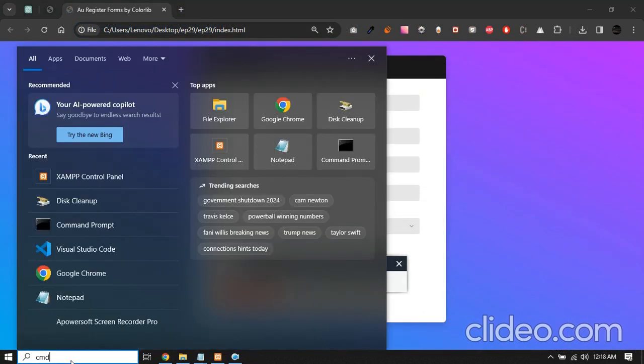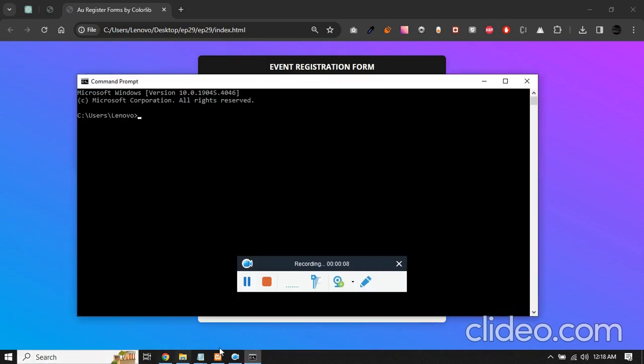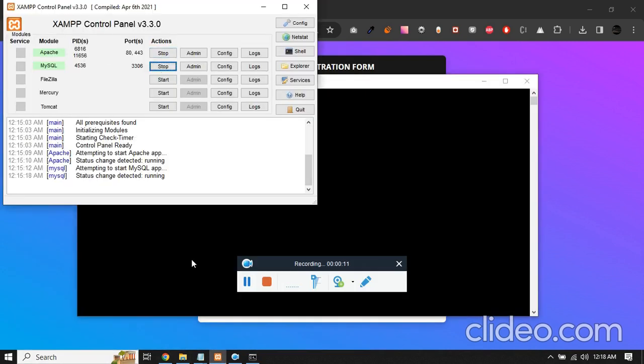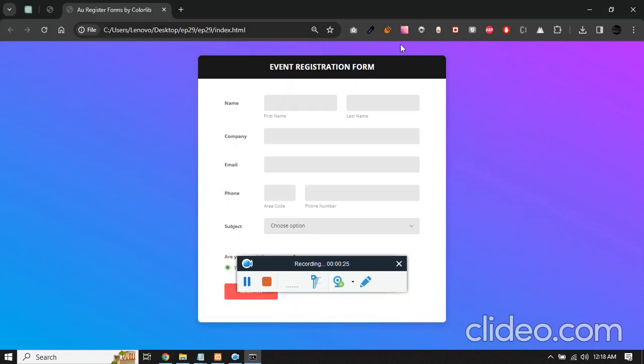Now the very first thing you have to do is open the command prompt. In the command prompt we have to navigate to the C drive. Make sure your XAMPP is running. So change directory to XAMPP, change directory to htdocs, then change directory to Laravel projects, which is where all our Laravel projects are, and inside the Laravel projects folder we need to